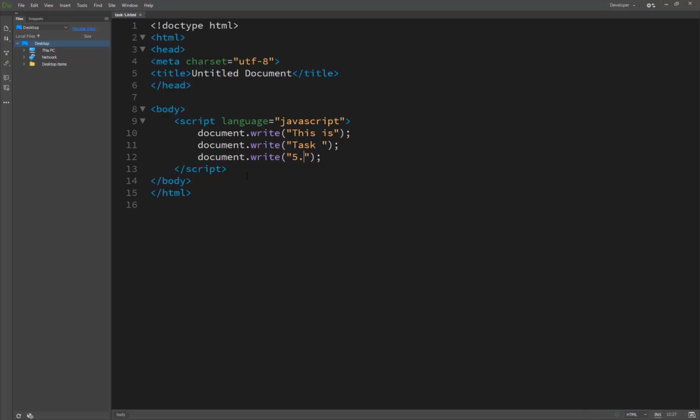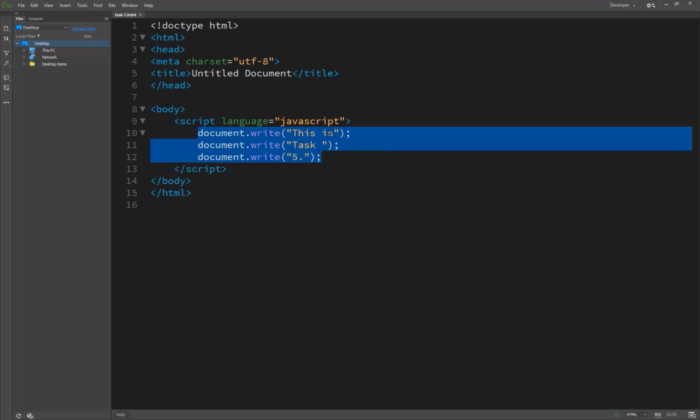We wrote the code here in 3 lines, but our browser is showing it on a single line. So this is the JavaScript technique. Even without a space or a line break, JavaScript understands that these are 3 different statements, but it shows them as one single line.